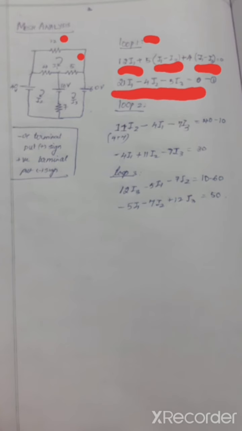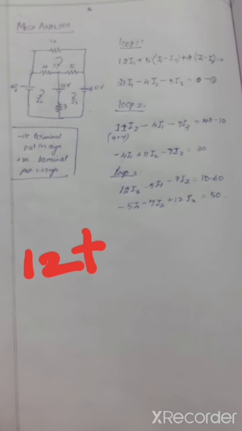This equation can be written without following all these steps. The equation can be directly written. Let me tell how to do it, right? So if you consider the equation, the loop 1, your work is to find the total value of resistance just by adding it. Now add 12 plus 5 plus 4. The value comes to be around 21, correct?